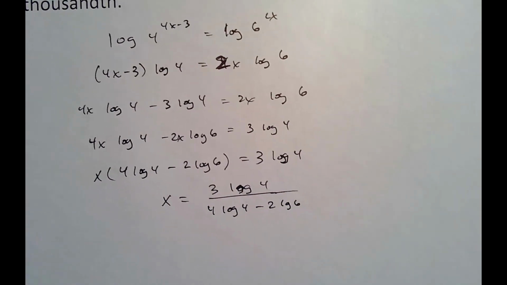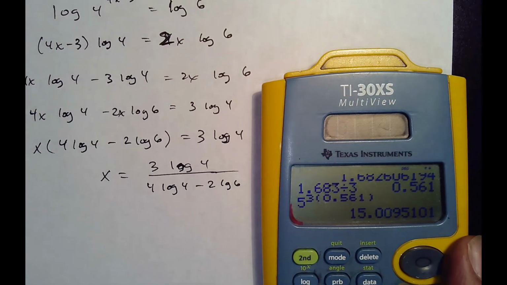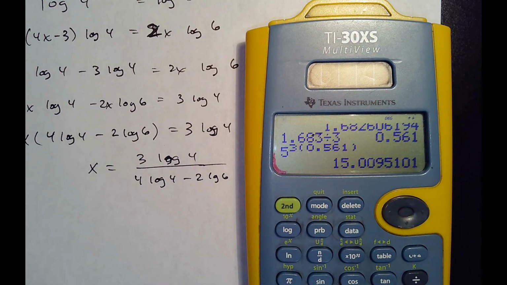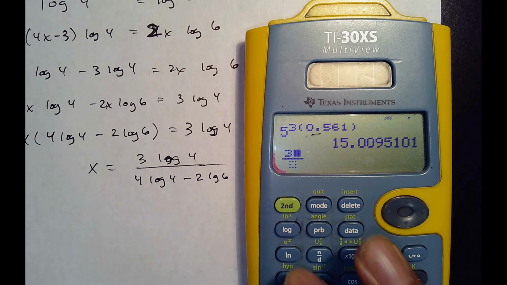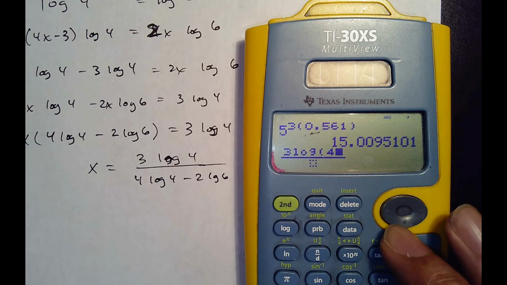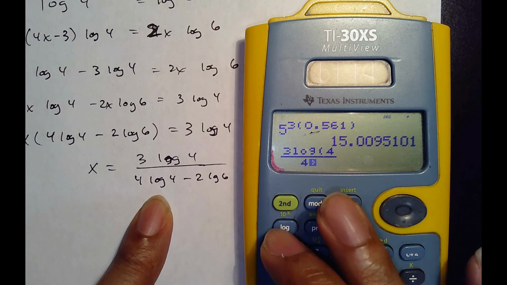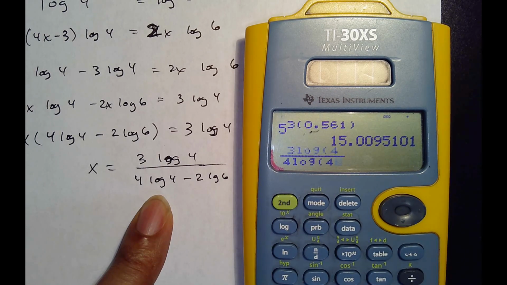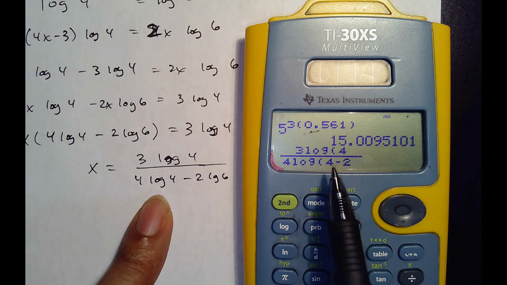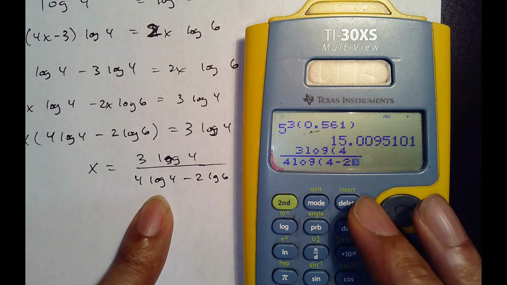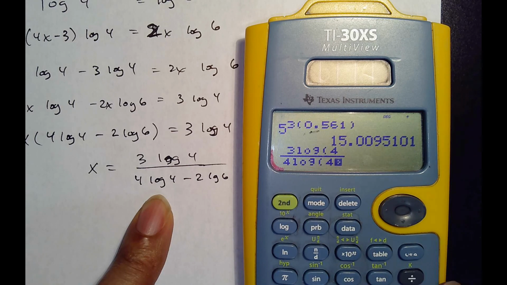And again, you just got to be careful to type that in the right way and hope everything works out for the most part, because it does get kind of messy and you do have to trust your instincts, which is why you need to make sure you're practicing your skill. This is also where you need to be careful when you type it in, because if I type 4 log 4 minus 2 whatever, all this stuff is underneath the parentheses of the log, so I've got to make sure after I type the 4 I close it,